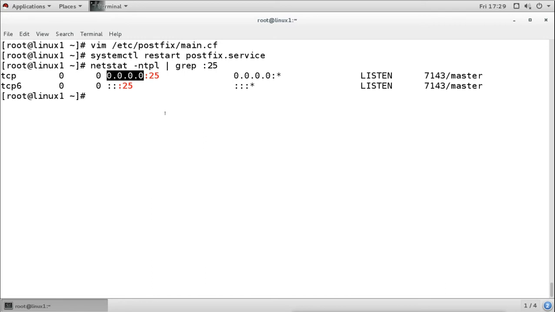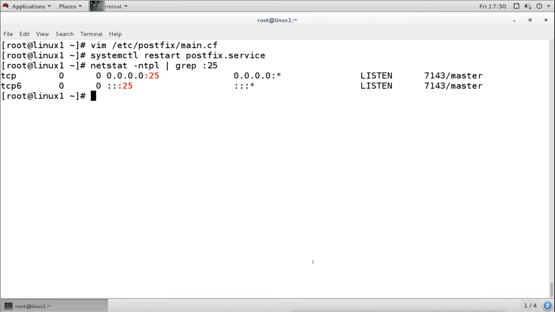That means now it will accept the request from any IP, any host from any network, or even if we have given the domain name, it is going to accept only the mail from our domain name. Now the client machine which was trying to send the mail to this server can send and it will receive the mail.